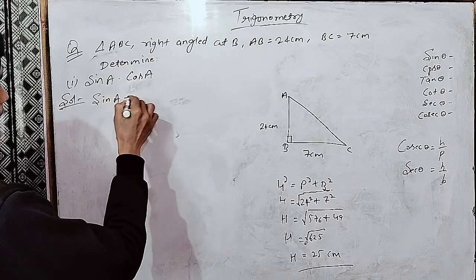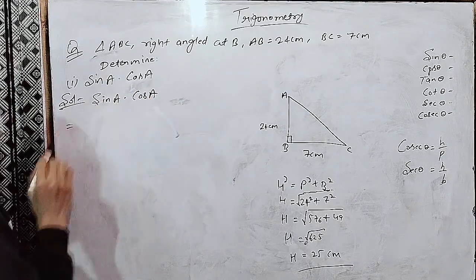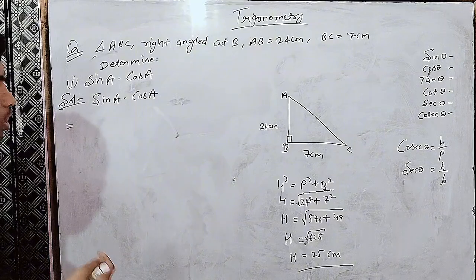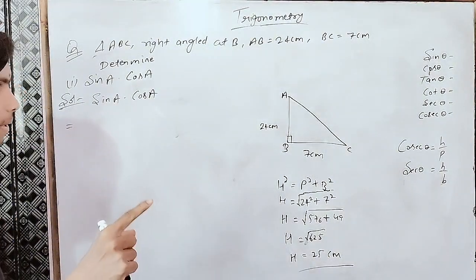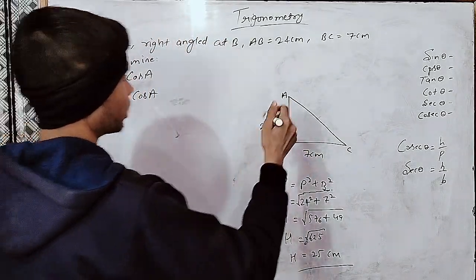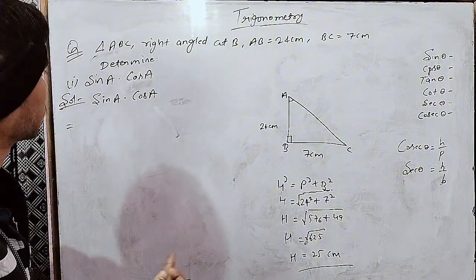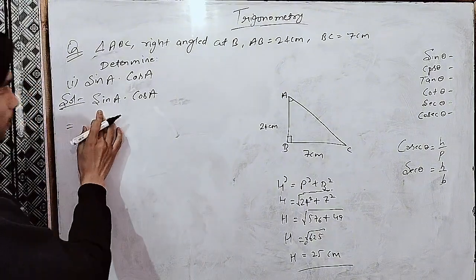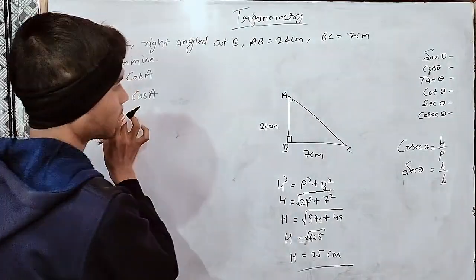Sin A, cos A. Here theta is A, so our angle will be at A. According to sin A, the perpendicular will be